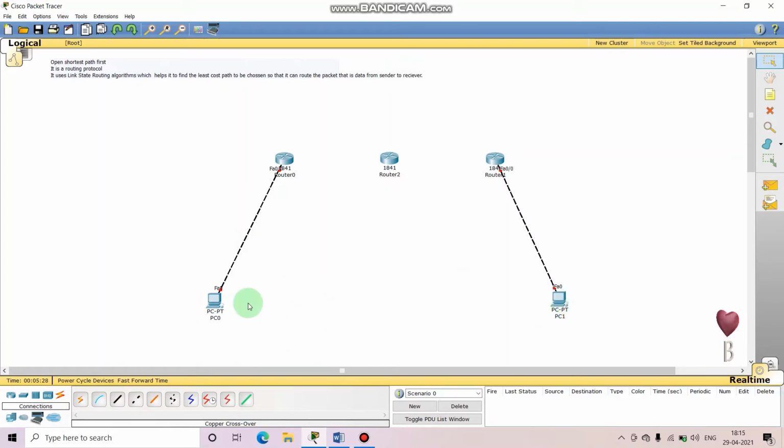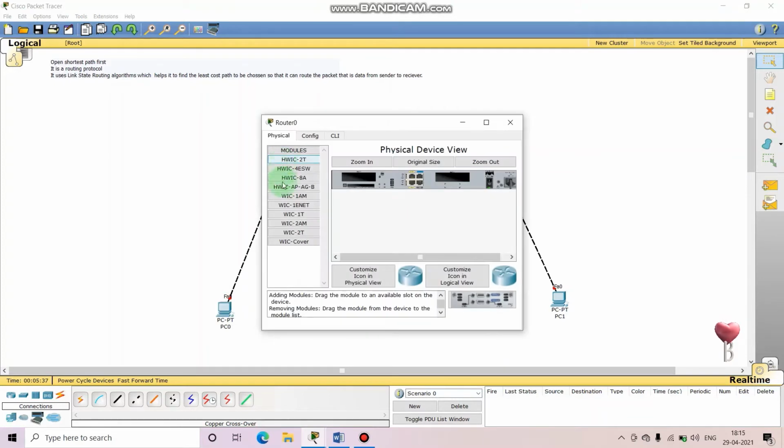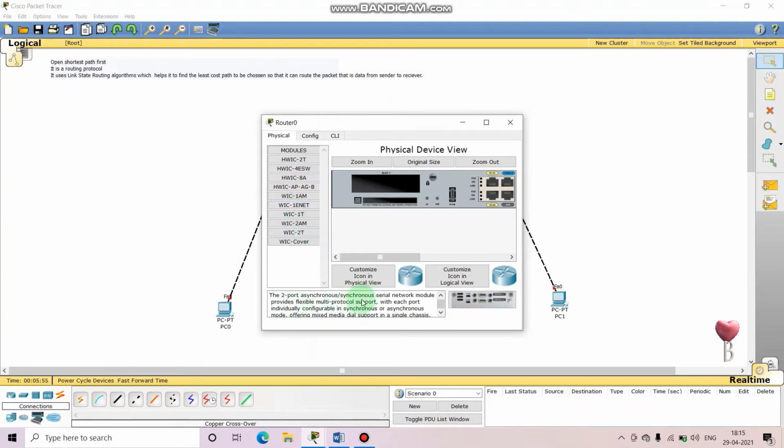Okay, so I connected the PCs to the routers. Let's now connect the routers, but as you know, we do not have the serial ports. To have the serial ports, we'll zoom in and then power off the router. We will add this module, or this one, from both you can do. You can check also. See, serial ports will be added.